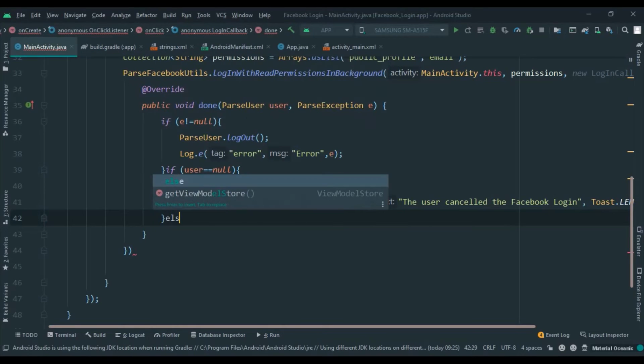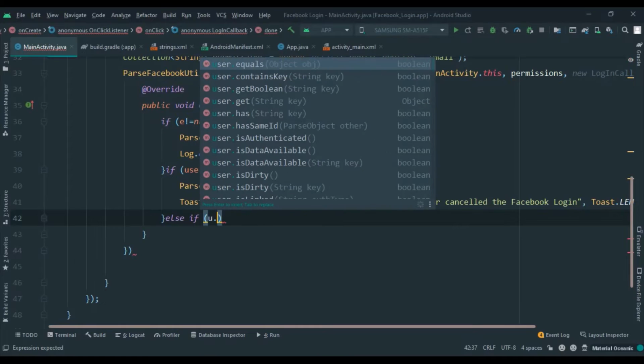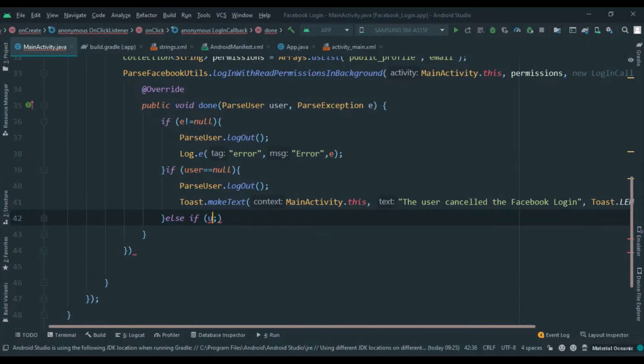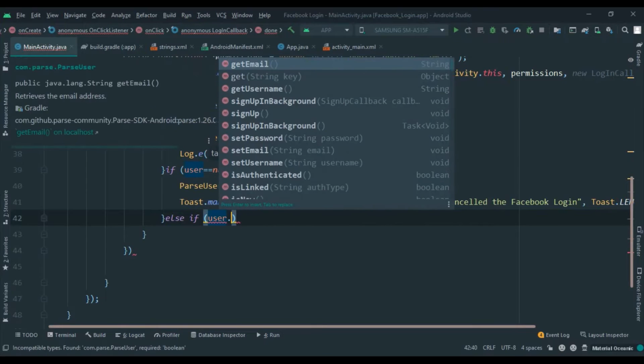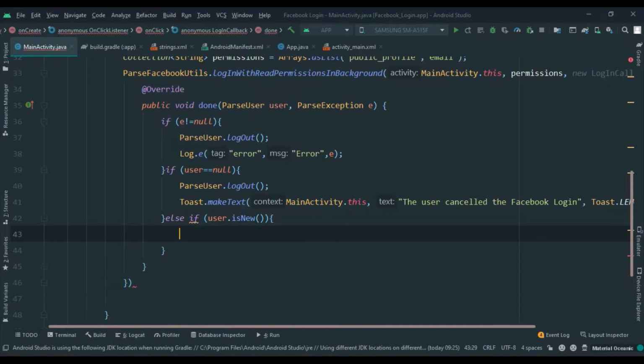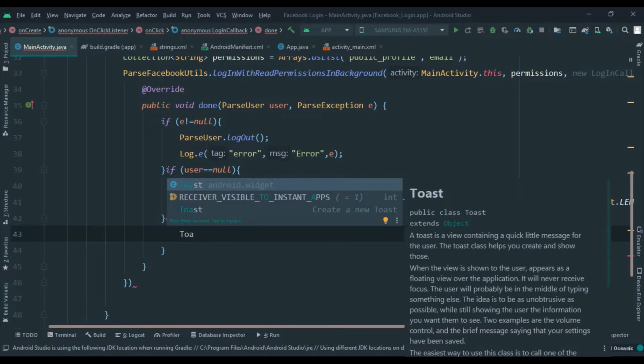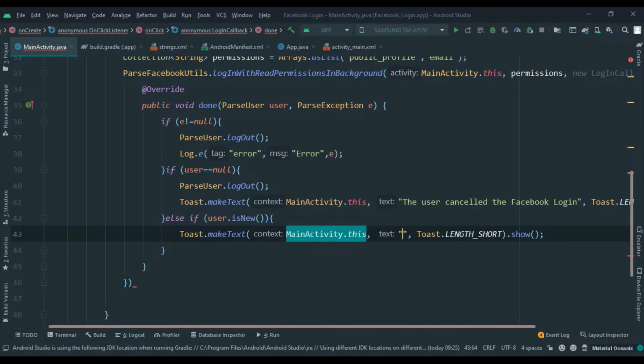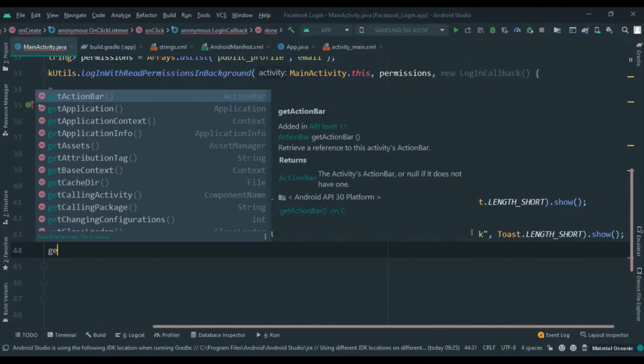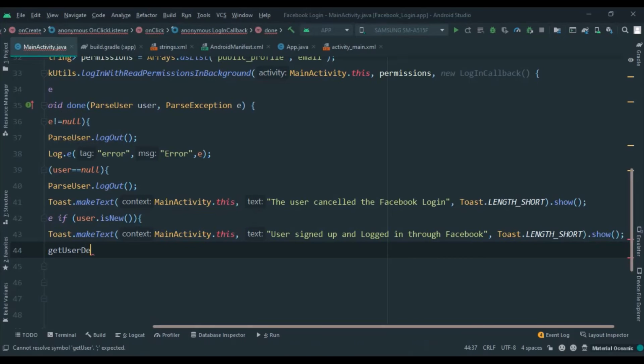And then write else if user.isNew, means there is a new user, and create a toast message and write the message user signed up and logged in through Facebook. And create a method getUserDetailsFromFB,